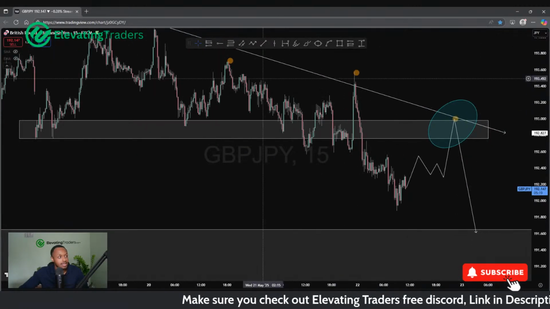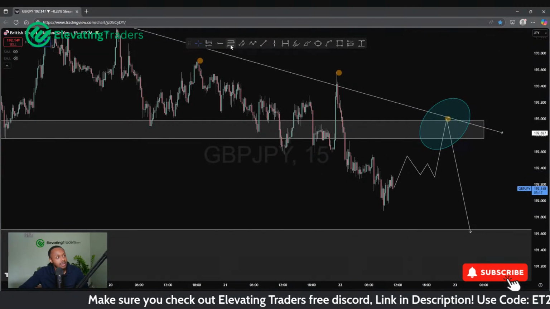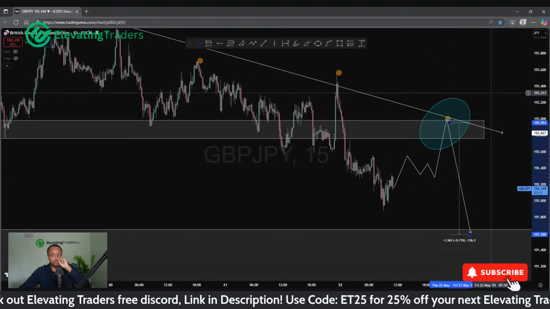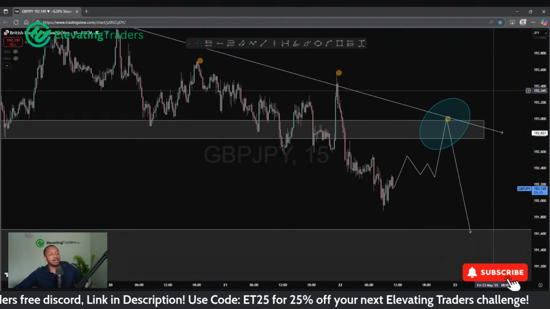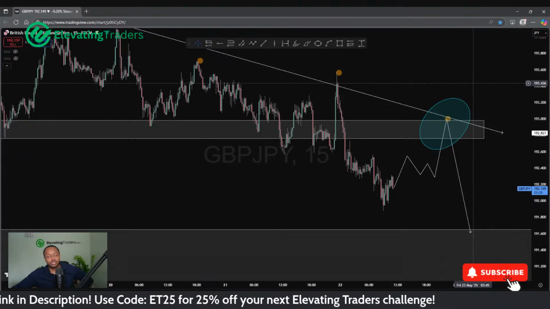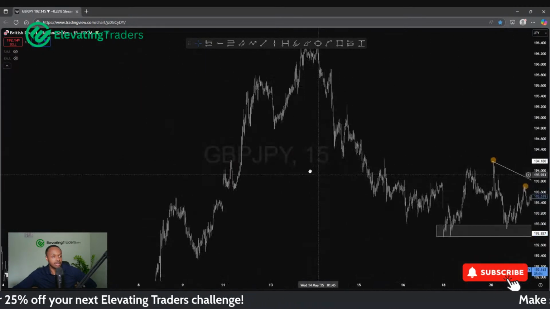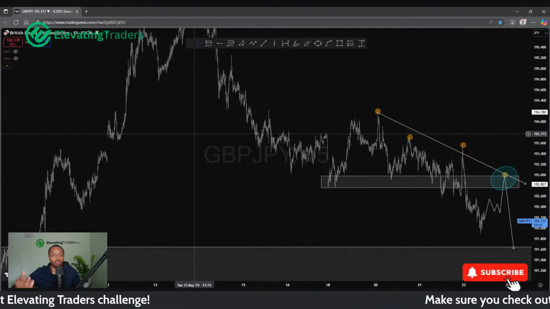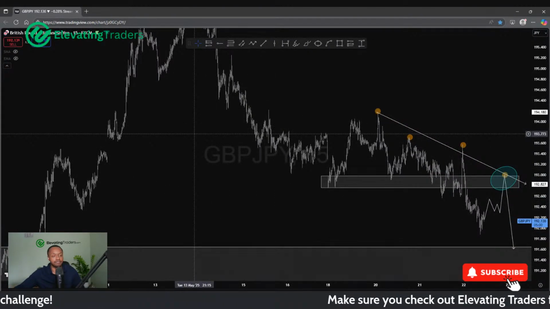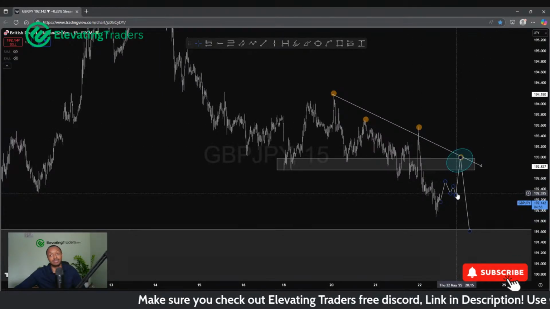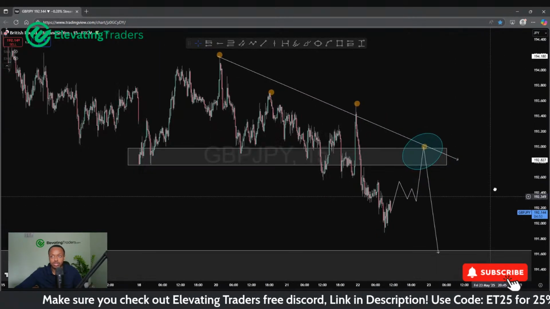I mean, I say that, but it is pound yen. There's a lot of pips here. That is about 130 pips, so maybe you are. But for pound yen, I'll stay focused with the shorts. The market structure is still very bearish here. If you're looking to short, you're in the right direction of the market. Yes, we're a bit corrective, and yes, I do expect us to reverse, but until we see signs of that happening, shorts are still your best bet there.